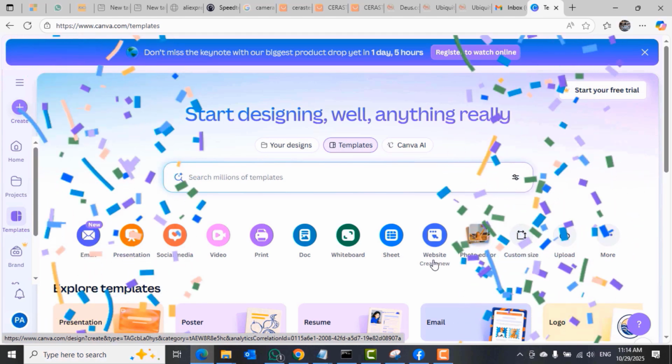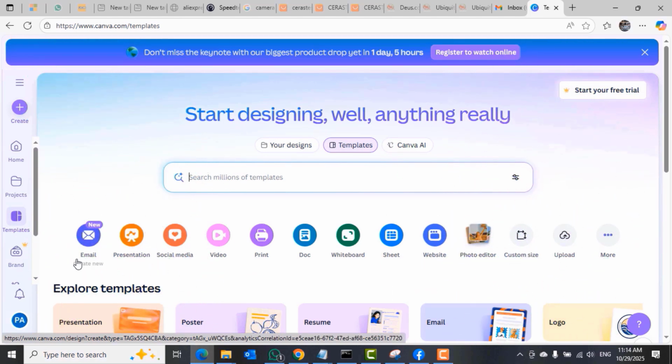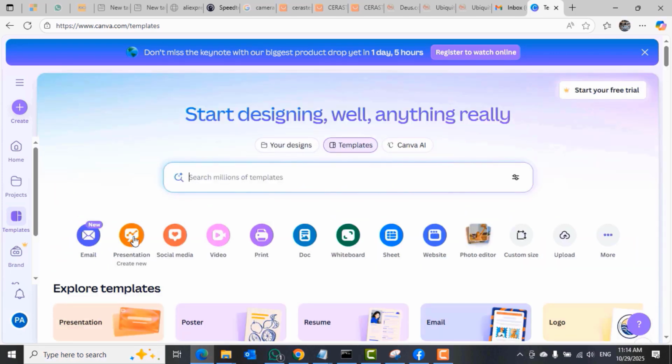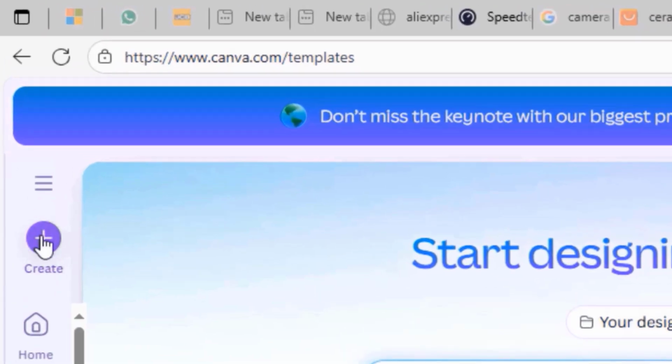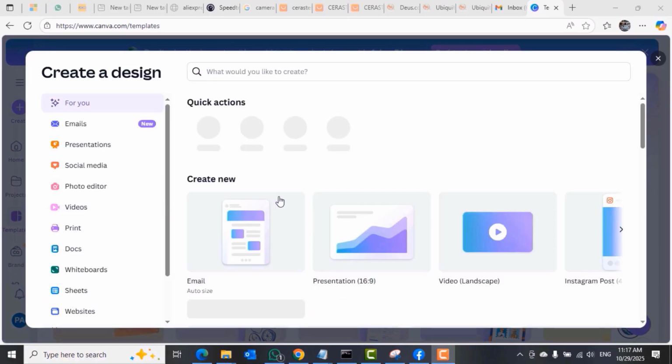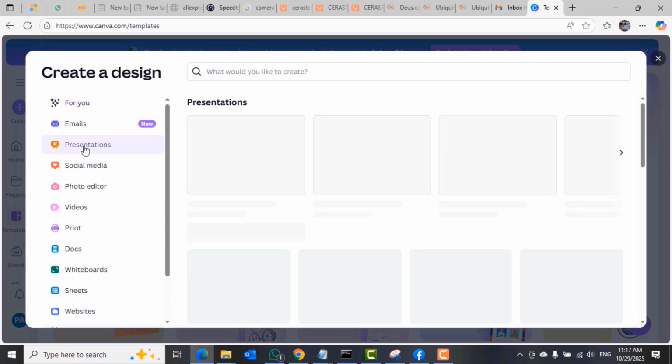And then the next thing you will see is the actual Canva to begin using the tools to work. You can select the presentation tool over there, and then it would open the slideshow creator for you. Close that, and then on the top left of the Canva window, you will see the create option over there. Click on it, and then on the left under create a design, select presentations,